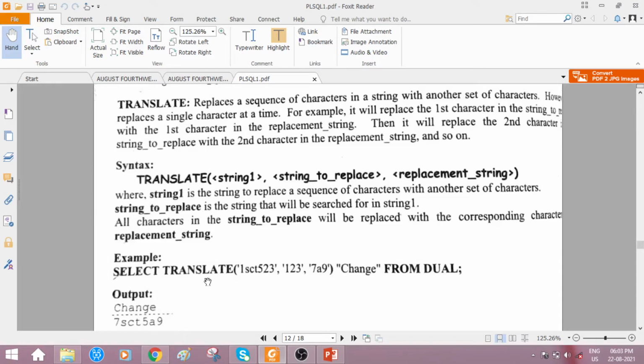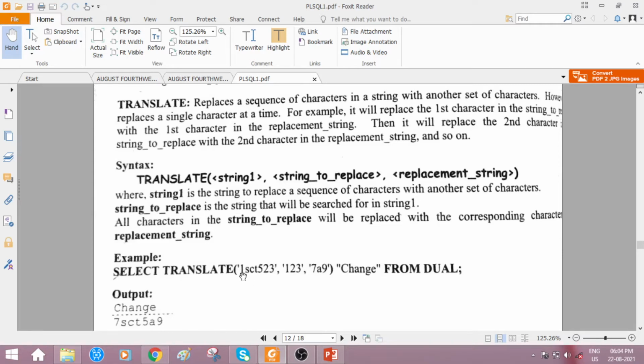This is the format or syntax for the translate function. As we are now familiar, after this function you find the column heading, change, which is a column heading we have given to view the output. Following that, the from clause, and from which table? The dual table. Check out the output here. What should be the column heading? Change, right? Yes. 1, 2, 3 is searched in this original string.